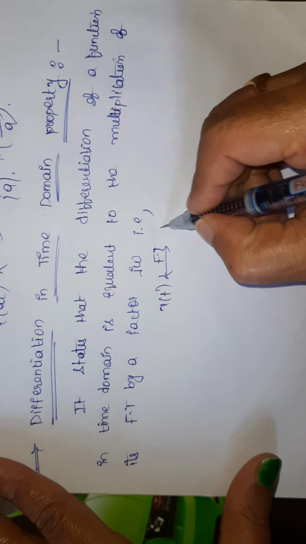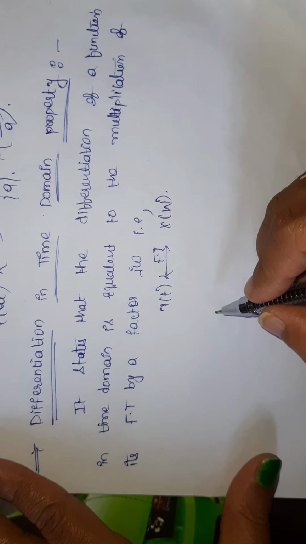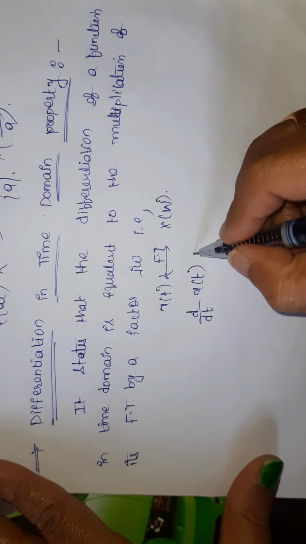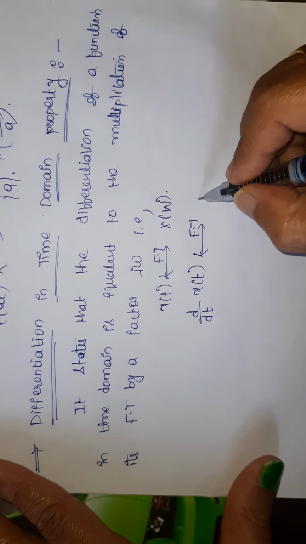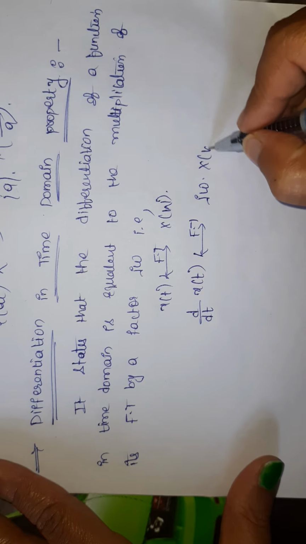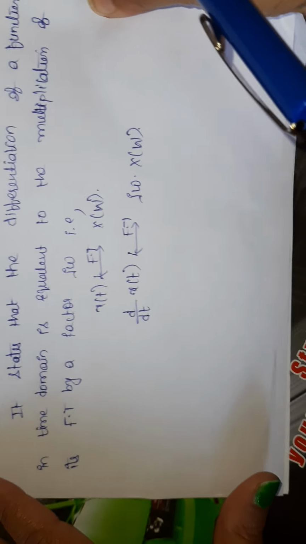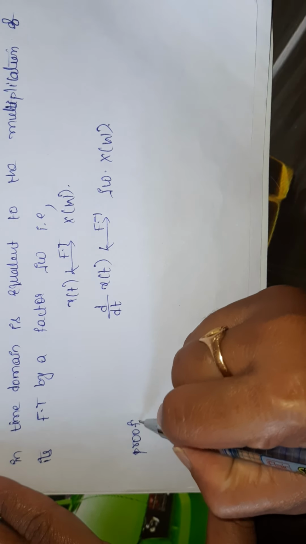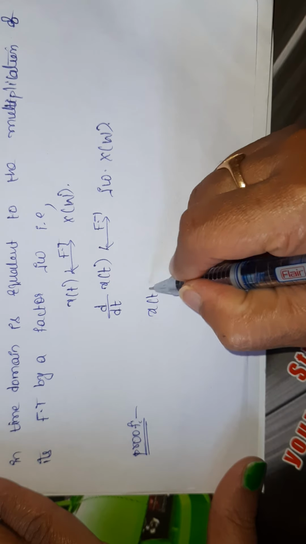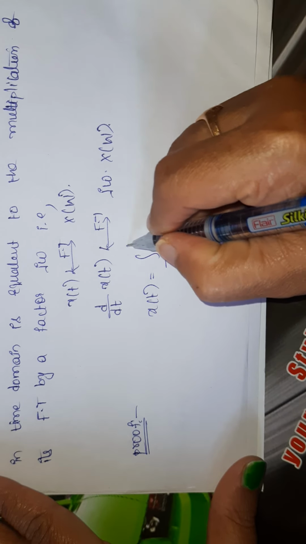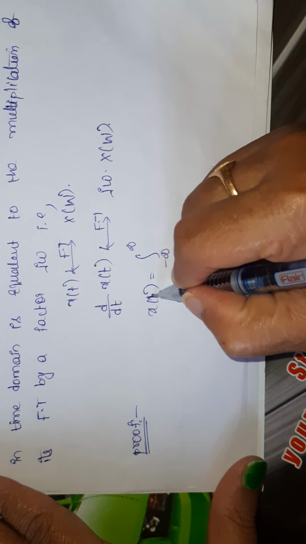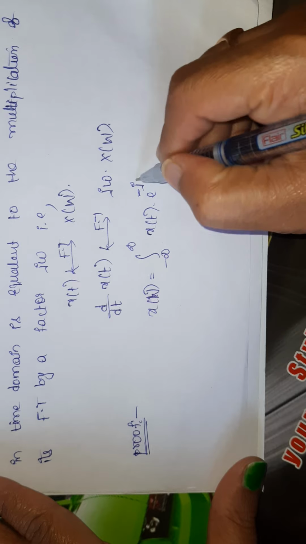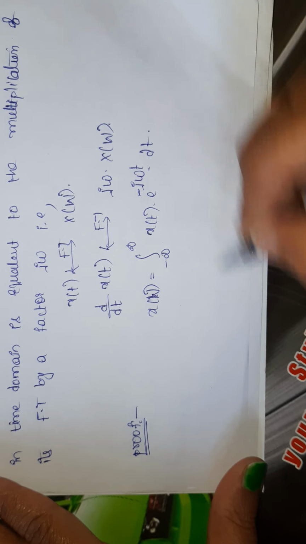Fourier transform of x of t will give us X of omega. Differentiation property: d by dt of x of t has Fourier transform j omega into X of omega. Okay, so here I am going to do the proof. So X of omega is equal to the integral from minus infinity to infinity of x of t into e power minus j omega t dt. Okay,